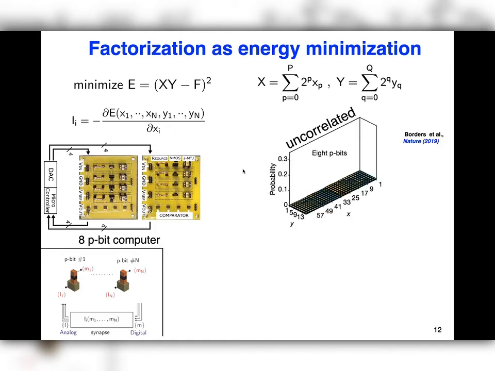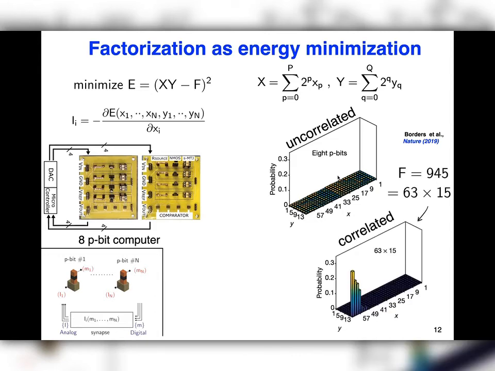And then you set this up, and like in any experiment, you calibrate your system where the 8 p-bits are really uncorrelated. In the beginning, they're not talking to each other, and you get equal probabilities for these factors. Okay, and once you do this calibration, you turn on the device and you take a time average of, let's say, 20 seconds or so, and then you see the correct factors of a number. In this case, it's, let's say, 945, come up with very high probability.